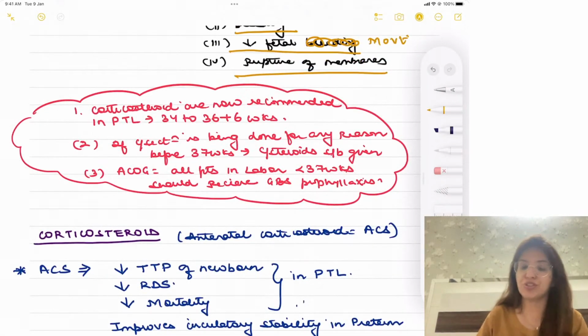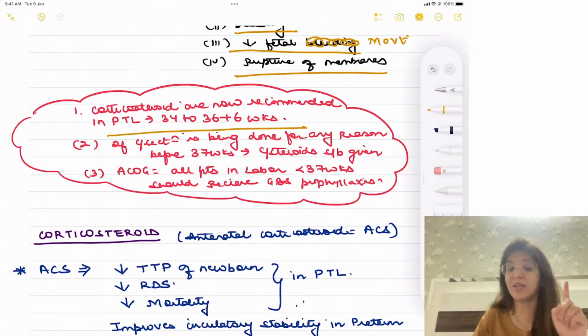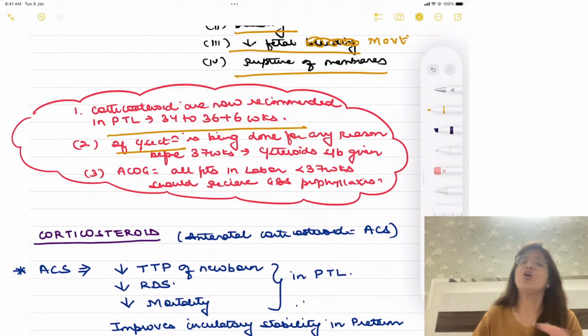So just now I told you 3 very important things. The first important thing which I told you is that corticosteroids are now recommended in preterm labor between 34 weeks to 36 weeks plus 6 days. That is one very important thing. The other very important thing about corticosteroids you should know is that ACOG says that if any female is undergoing cesarean section for any reason, right? For any reason, if a female is undergoing cesarean section at less than 37 weeks, again, that is an indication